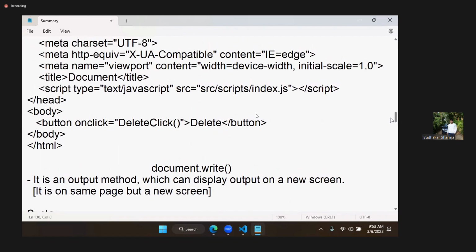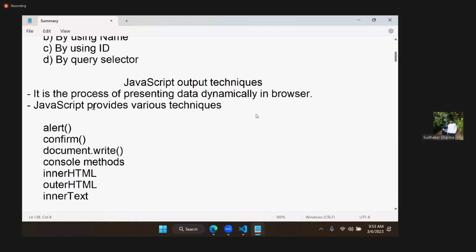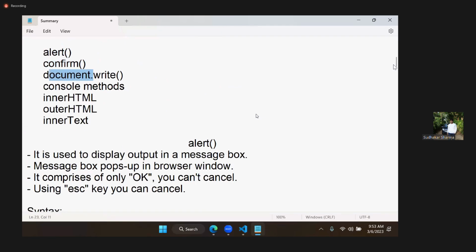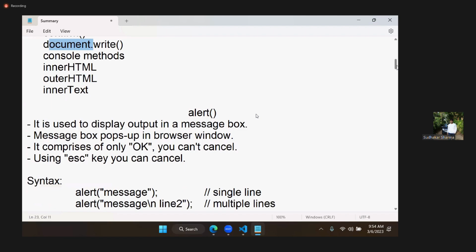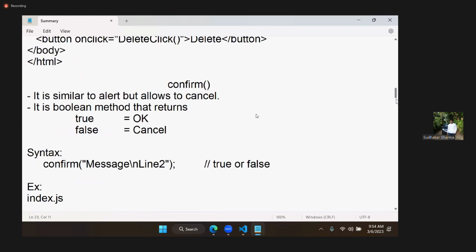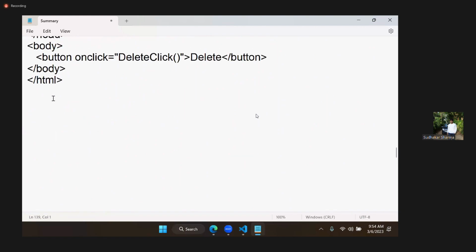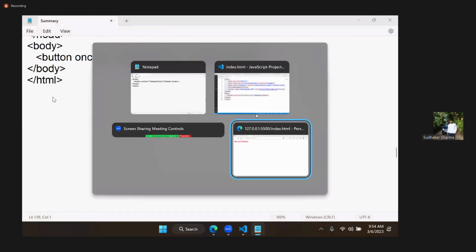So what are the output options we have? We have alert, we have confirm, and in document, you have write. You also have so many other methods which you will learn later, because for that we need to understand some more consequences. In interviews, what questions are asked on this, I will tell you once we finish the concept. Generally, you have learned three output techniques: alert, confirm, and document.write, right? But I don't want output. Remember, this is not